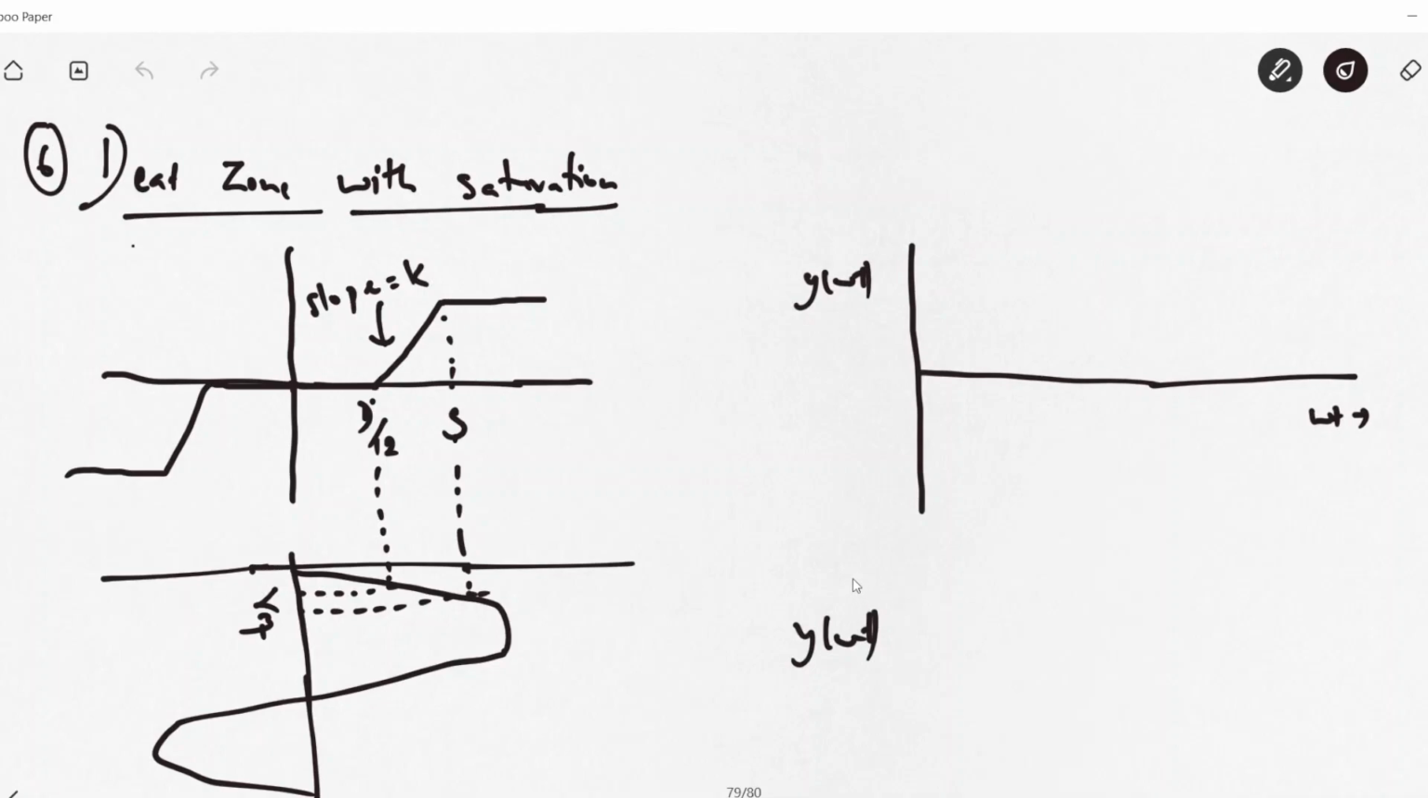So there will actually be 3 cases. For one case, x is less than d by 2. For the magnitude of the sinusoidal waveform less than d by 2, in that case your output will be simply 0, y of omega t will be simply 0, since all of the output will be aligned with the dead zone part of the nonlinear element. And case 2,